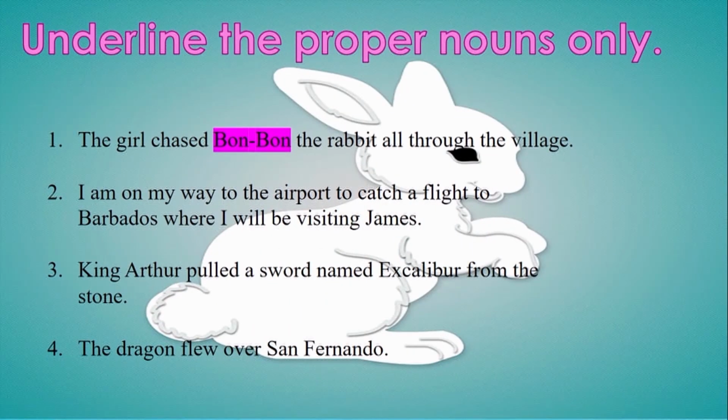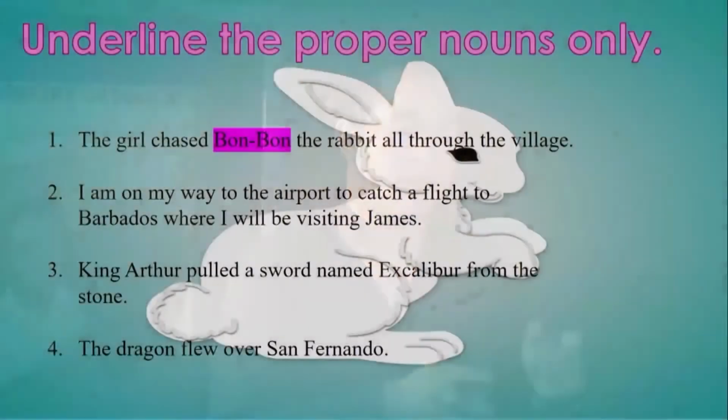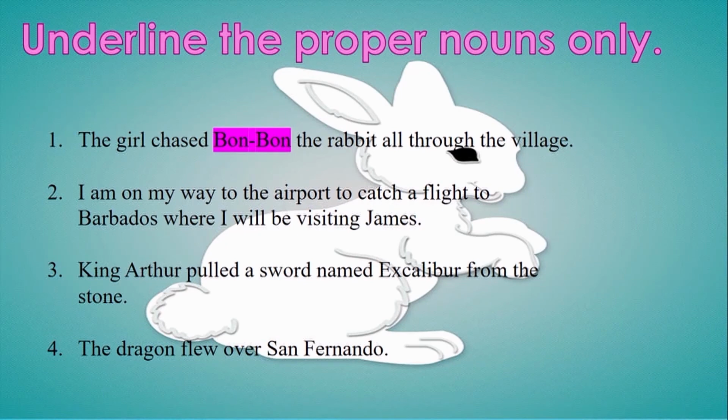Right. So the girl chased Bon Bon the rabbit through the village. So there are several different rabbits. You may have a pet rabbit, so you never know. And your rabbit will have a different name. So if you hear somebody is chasing Bon Bon the rabbit, and your rabbit isn't named Bon Bon, then you will know not to worry. Your rabbit is safe. So Bon Bon there is a specific name to one rabbit. Right. So number two,